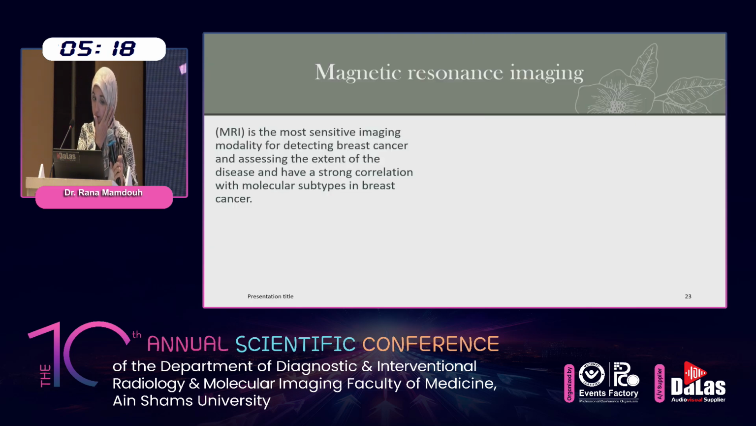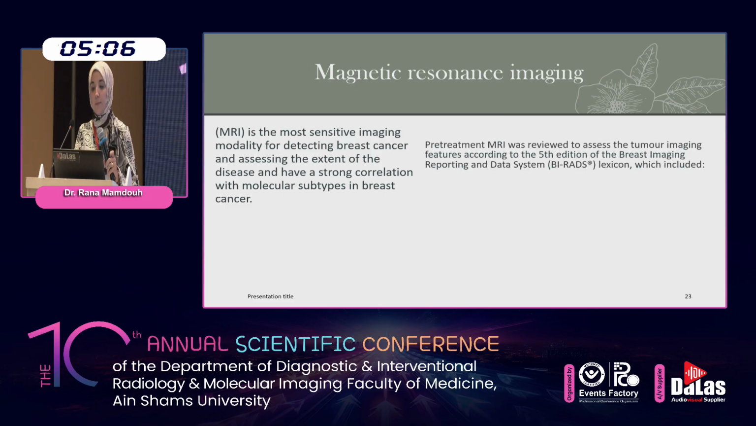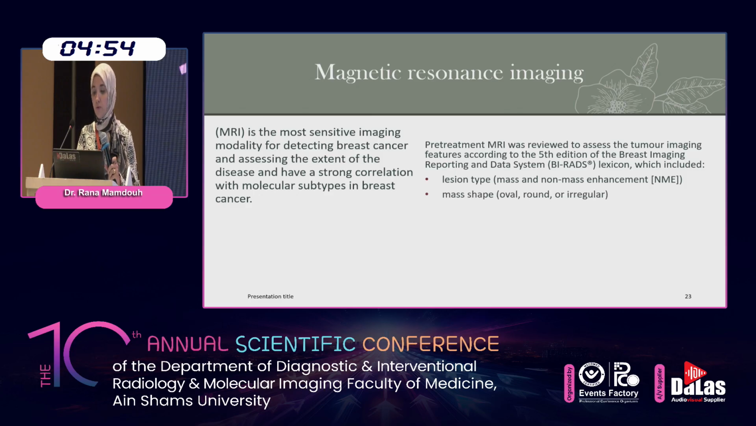MRI is the most sensitive imaging modality to detect breast cancer and assess the extent of the disease, and this has a strong correlation with the molecular subtype in breast cancer. Pre-treatment MRI was reviewed to assess the tumor imaging features according to the 5th edition of BI-RADS scoring, in which we comment on the lesion type, mass or non-mass enhancement, mass shape, oval, rounded or irregular, mass margin, circumscribed,